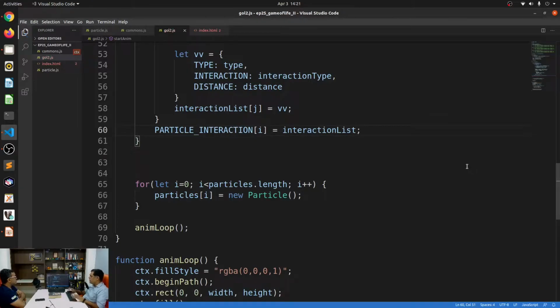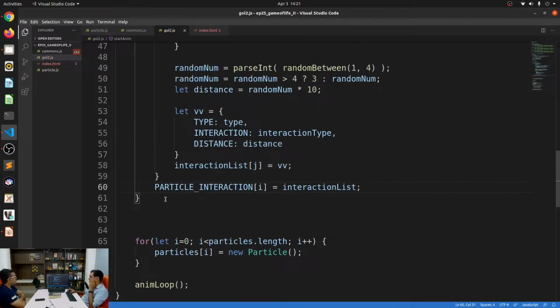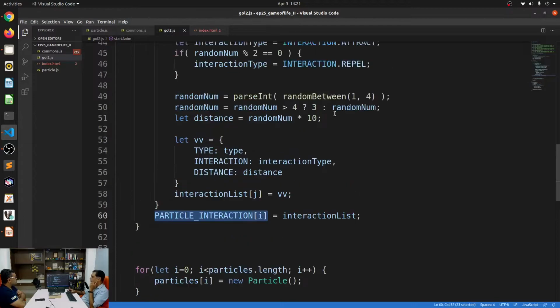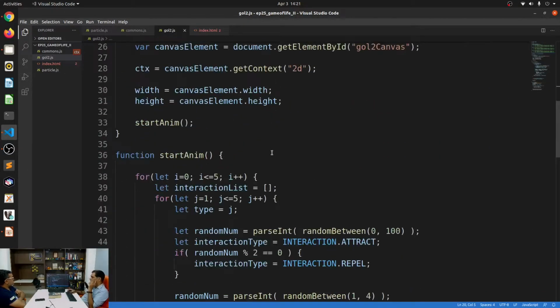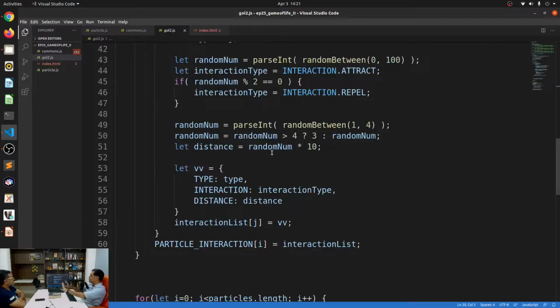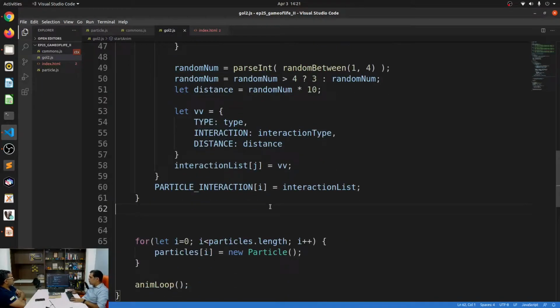It's a little bit difficult to follow what's happening over here, but ultimately this particle interaction at the end will look something like this internally, where it is an array of arrays. Got it. So this is completely randomly defined over here.